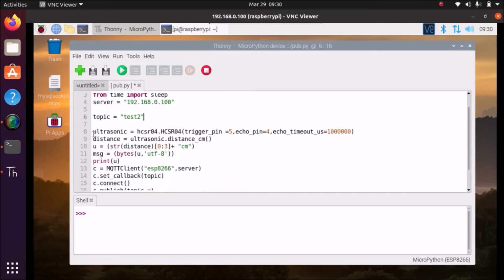Then this is the ultrasonic sensor configuration. I have already made a video on how to configure the ultrasonic sensor with MicroPython on the ESP8266. You can watch that video, and first you need to configure the ultrasonic sensor. Okay, so practice those things also. So I have mentioned the ultrasonic sensor here. So ultrasonic is just a variable. So ultrasonic is equal to